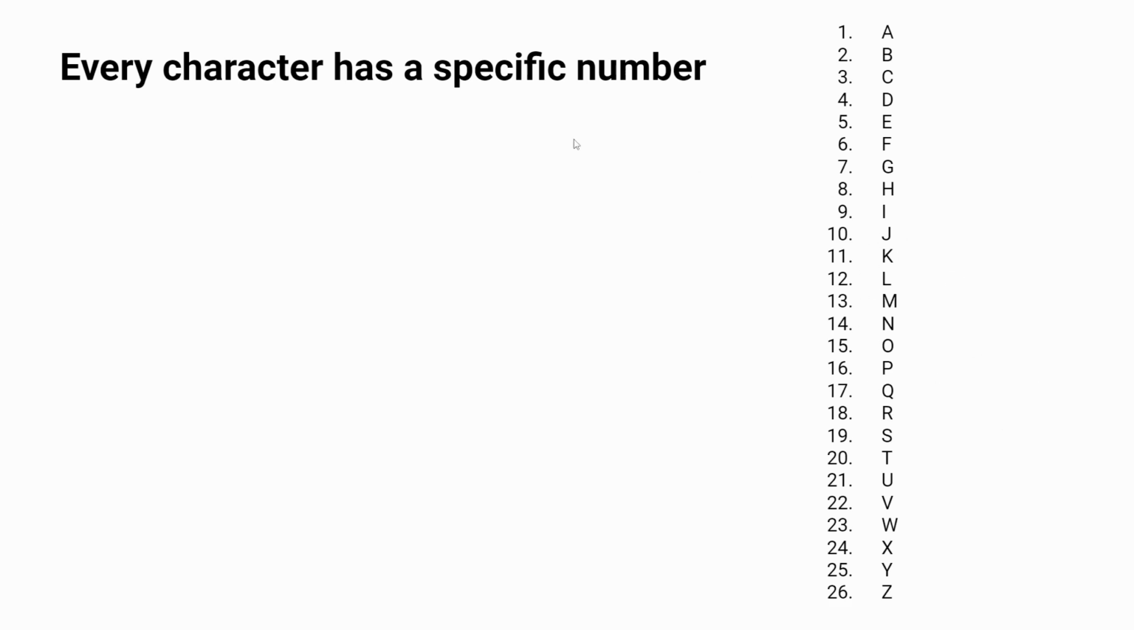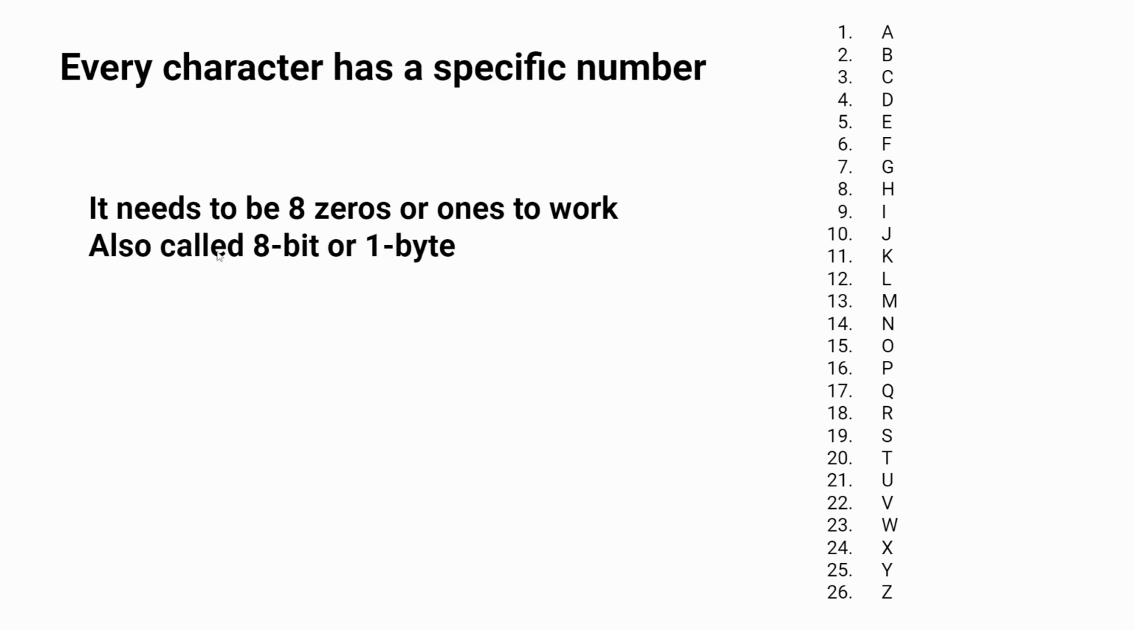So, it needs to be 8 zeros and ones to work in the code, so also called 8-bit or 1 byte. This is 2 bits and won't work because it's 0, 1. We need 8 bits, so 1, 2, 3, 4, 5, 6, 7, 8. And this will work. This will give us an uppercase A, because this is 1